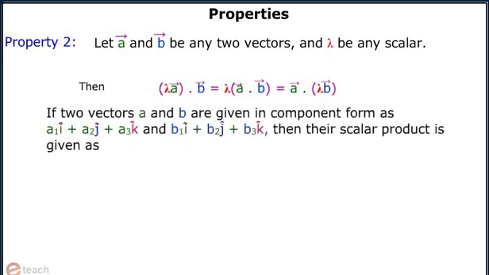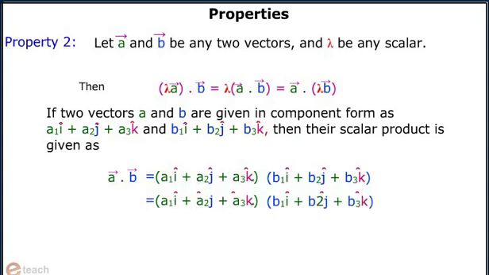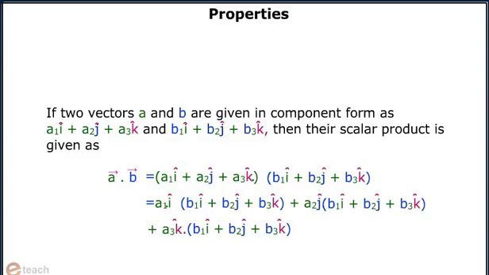If two vectors a and b are given in component form as a1 i cap plus a2 j cap plus a3 k cap and b1 i cap plus b2 j cap plus b3 k cap, then their scalar product is given as a dot b equals a1 i cap plus a2 j cap plus a3 k cap dot b1 i cap plus b2 j cap plus b3 k cap, which gives a1 i cap into b1 i cap plus b2 j cap plus b3 k cap plus a2 j cap into b1 i cap plus b2 j cap plus b3 k cap plus a3 k cap into b1 i cap plus b2 j cap plus b3 k cap, which